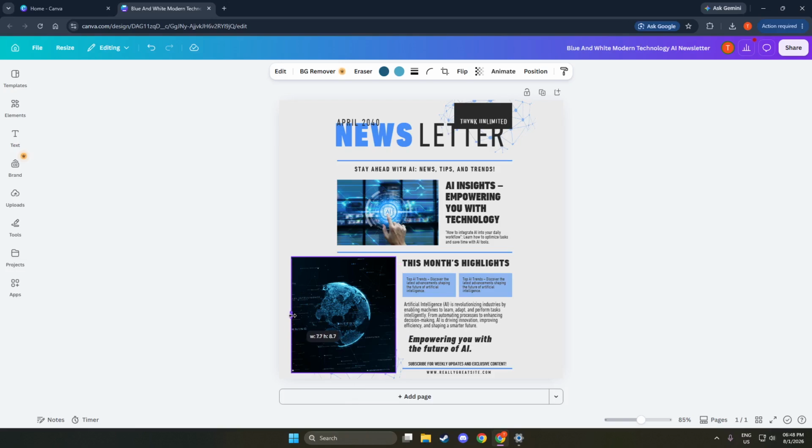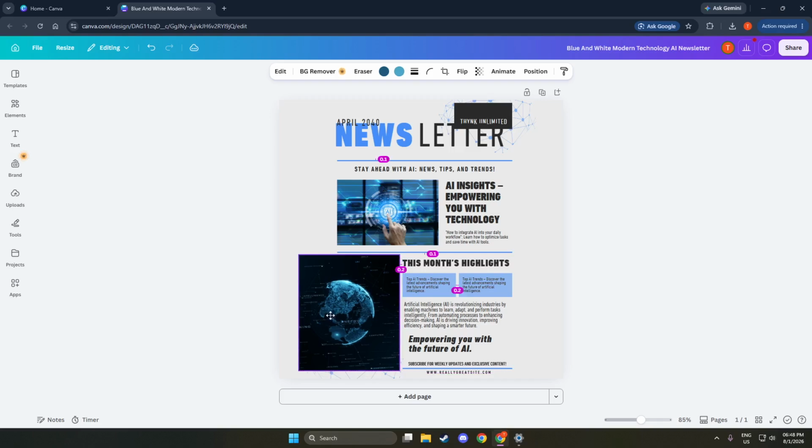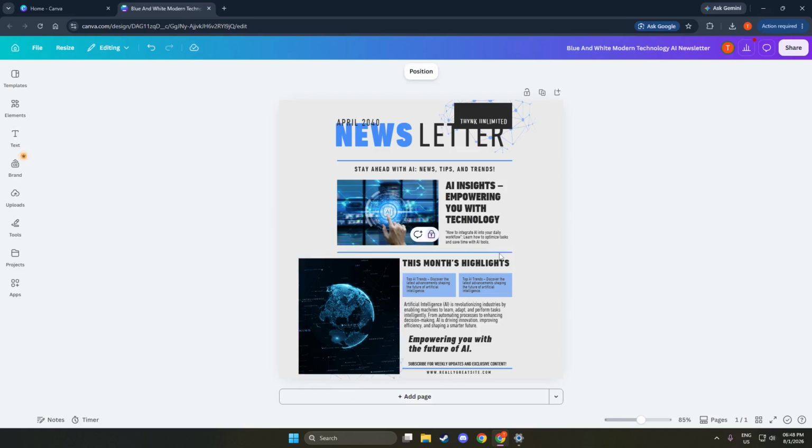With that in mind, click on an empty area of the canvas where there are no elements, or click near the edge of the page. You may see the page outline appear, and a toolbar will show options that relate to the page or background instead of a single image. In that toolbar, look again for the lock icon. If you see that the page or background is locked, click the lock icon to unlock it. The icon will change to its unlocked look.